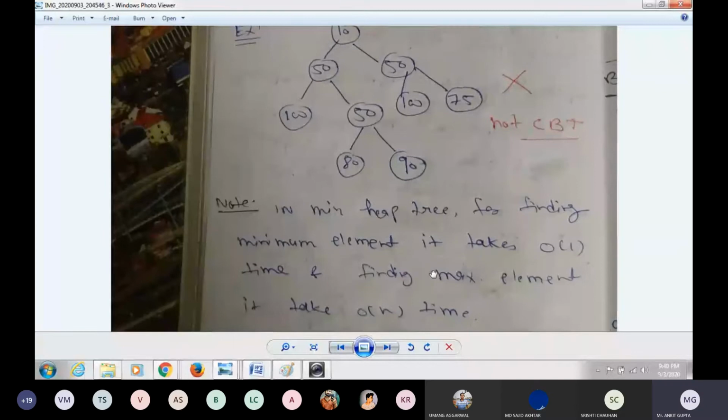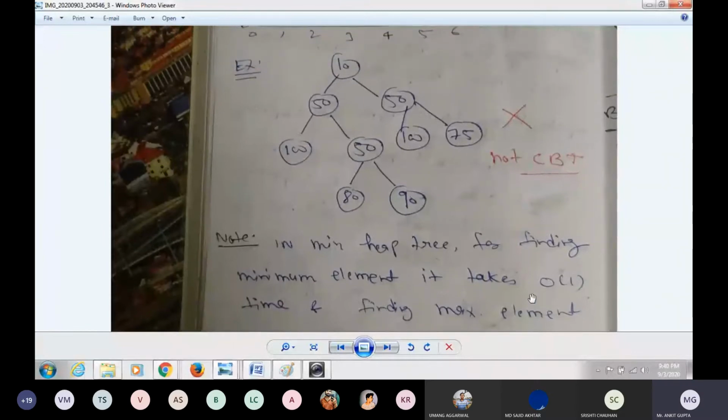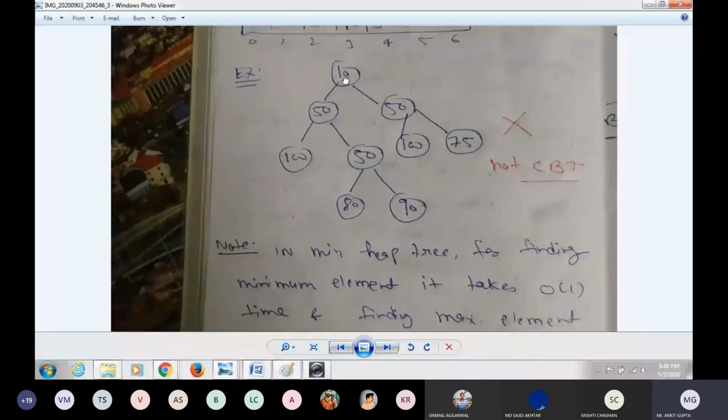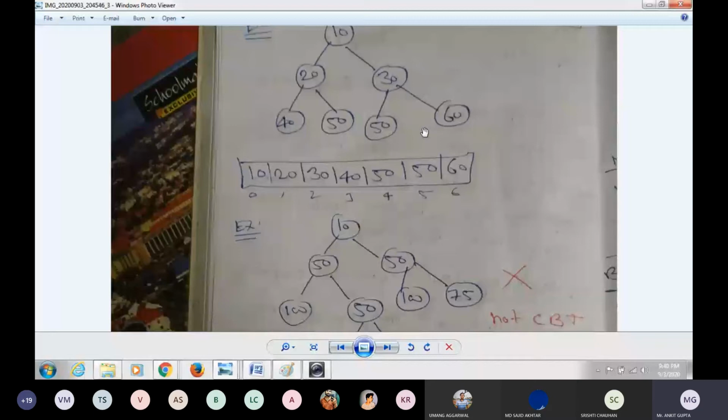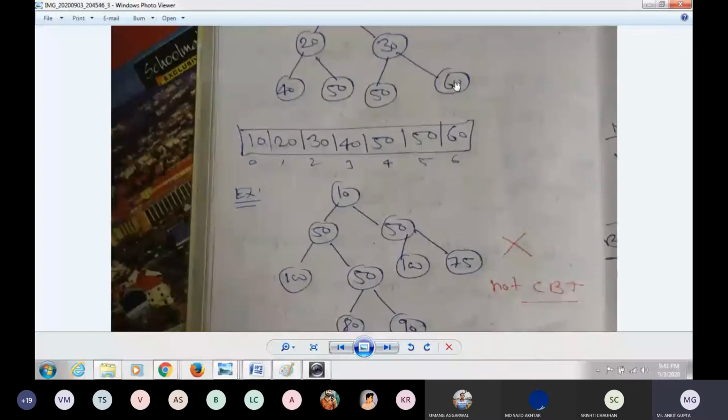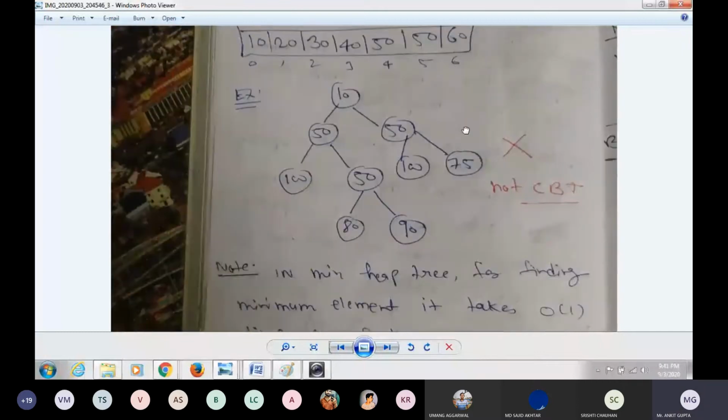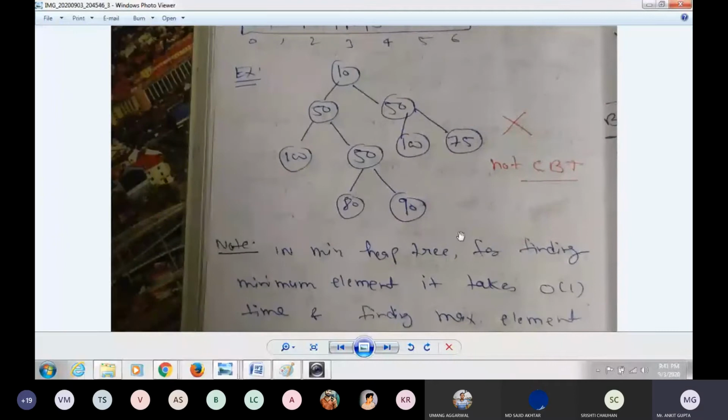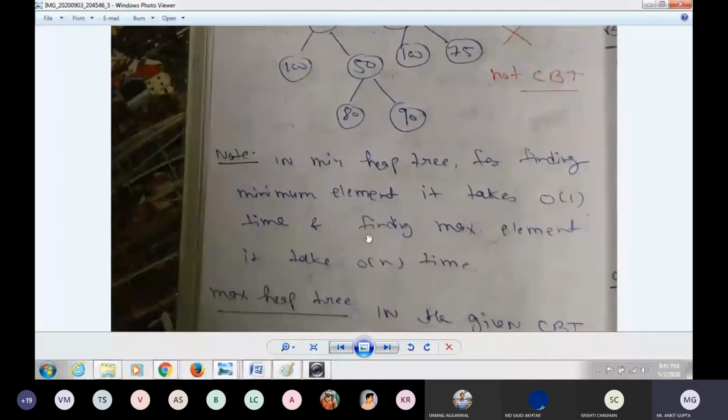Because the minimum element is kept at the root, I get it in order of one time, but for the maximum element, suppose 40, 50, 60, I scan all the nodes, then I get the maximum element. Order of n means it depends on the number of nodes in my tree. So finding the maximum element takes order of n time. Is it clear till now?